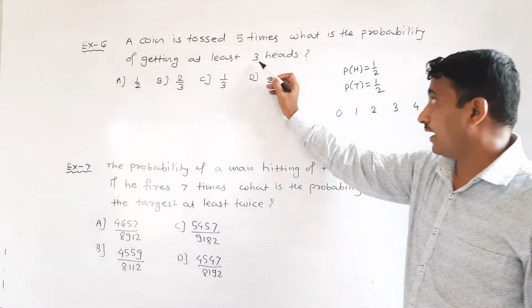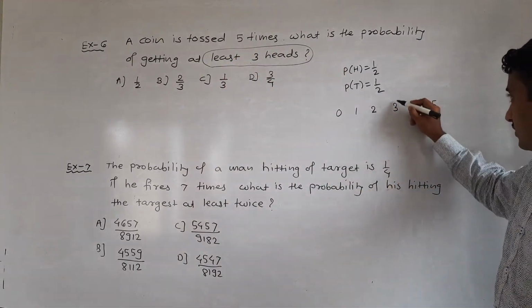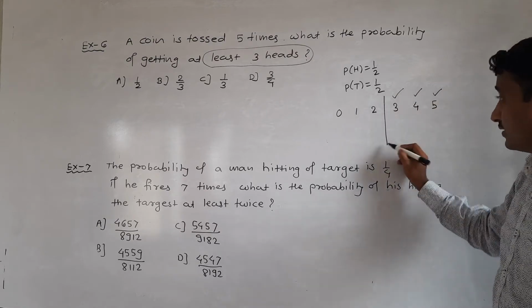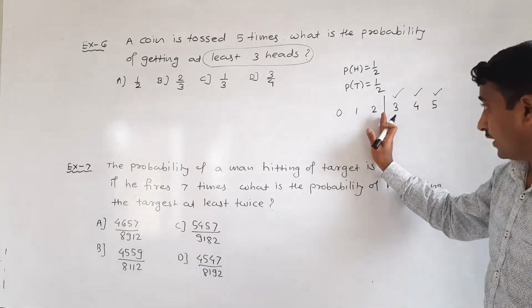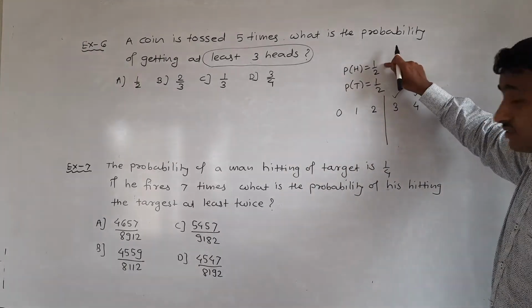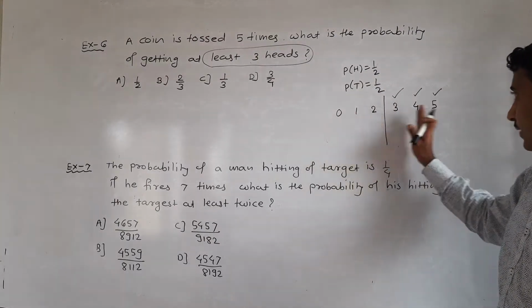आपल्याला काय क्वेश्चन विचारला? at least कमीत कमी 3 heads विचारला. At least 3 heads, that is 3 heads, 4 heads and 5 heads. That is, it is half. Half part of probability is here, half part is here. Because probability of success is same, failure is same, therefore 1 by 2, 1 by 2.